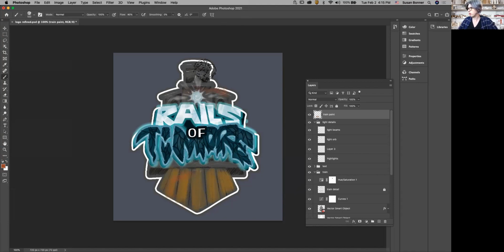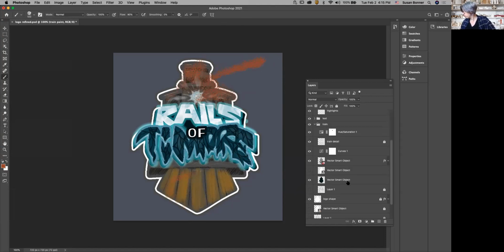You just need more color on this bad boy. It just needs more color. Now you can see I'm painting outside, and I don't really want that, but I want to show you that if you select your train,